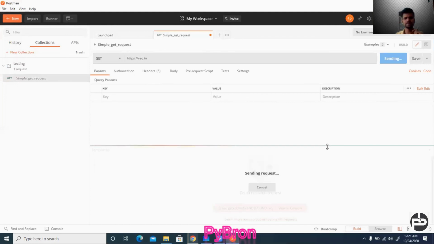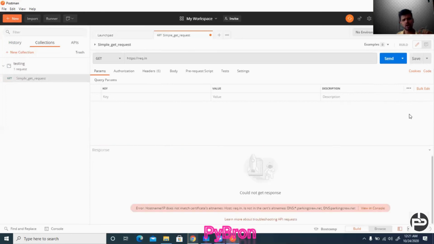So my conclusion is, if your status code is not 200 or in the 200 series, then there is a problem either on your side, meaning you are not passing the correct input, or there is a problem on your backend side, meaning your backend is not able to take the request or pass the response, right?